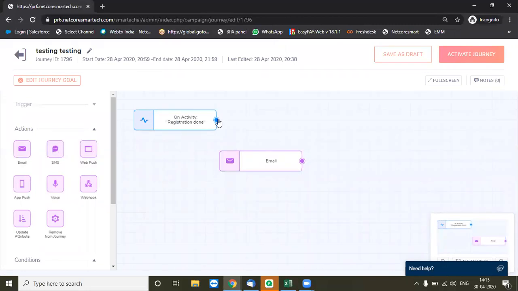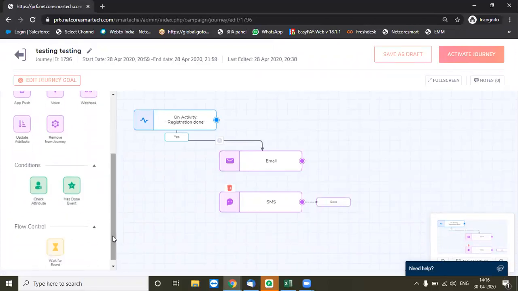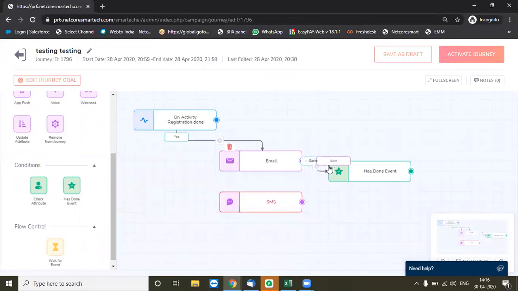Do I want to send out an emailer to them, or maybe even top up with an SMS? Or maybe I can put some rules like, if the email has not been opened or clicked, then I can send out an SMS. You can design your communication around it, and you can connect the nodes easily over here.